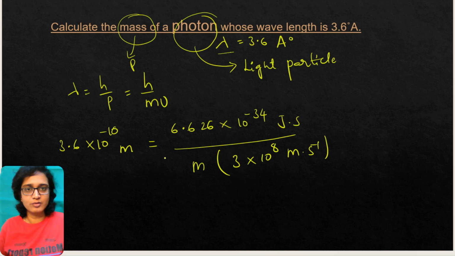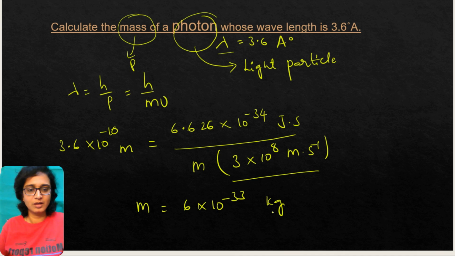Whatever the photon, we have to take only the velocity of light, whether it may be x-ray, gamma ray, UV ray, visible, radio waves, cosmic rays, whatever the photon, you have to take the velocity 3 into 10 power 8 meters per second. After calculating this, you will get mass will be 6 into 10 power minus 33